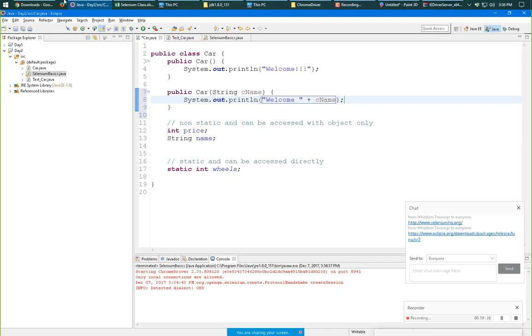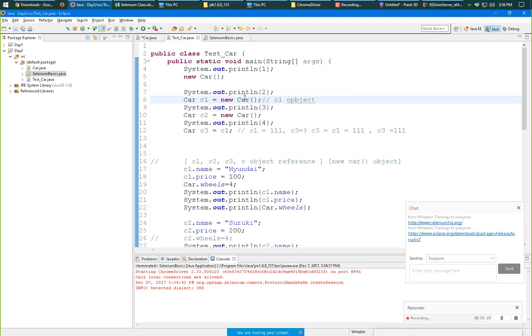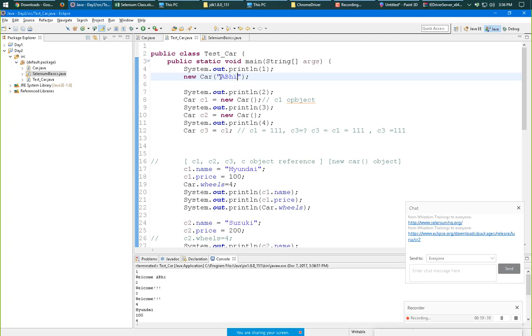See, in test car.java, in this object we pass abhi. When I execute it, it says welcome abhi.